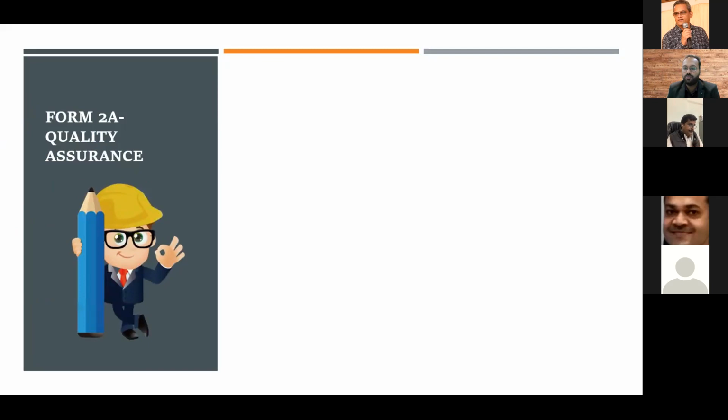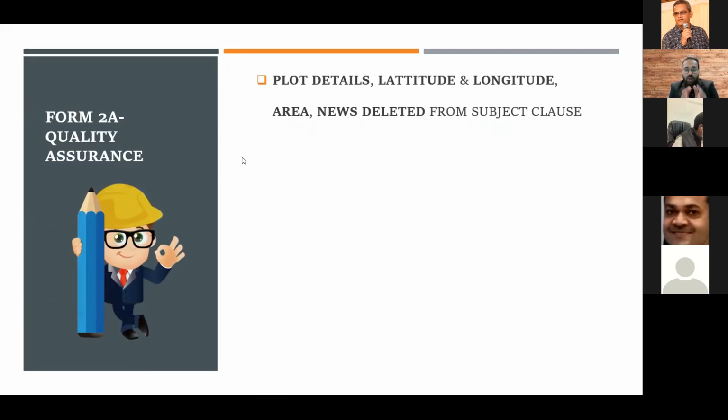Form 2A, we are moving on to Form 2A, quality assurance. If you look at this quality assurance certificate earlier, it had a responsibility statement for the engineer, and input materials and pictures: cement, brick, grading, quality, material testing, each with its own bifurcation. But now they have clubbed this. You don't have to comment on individual components of materials used in the construction, but he has to overall certify that I hereby certify all the construction material, fixtures and fittings are in respect to the specification as per annexure F. But if many developers have the habit of not mentioning specifications, in that case he has to again certify this.